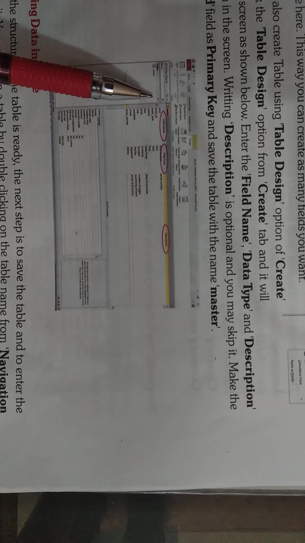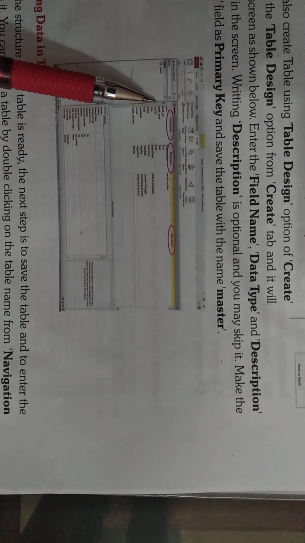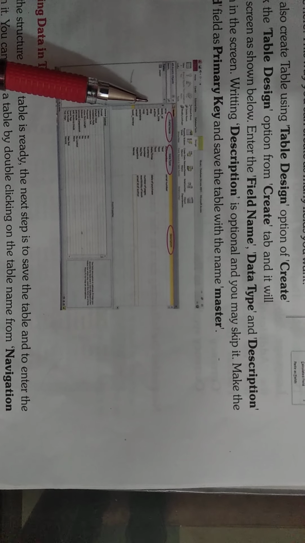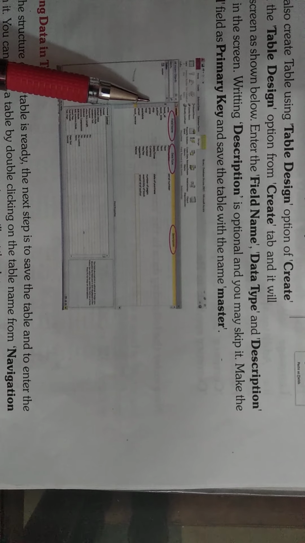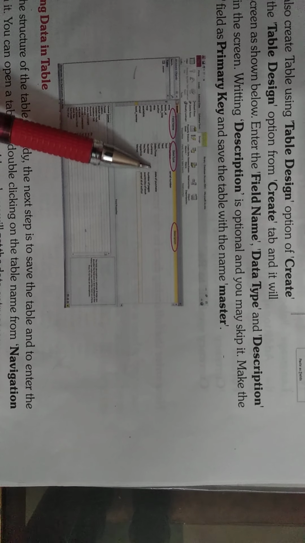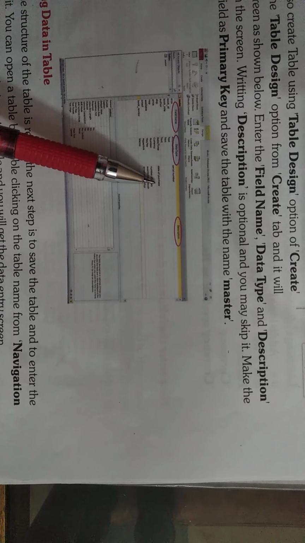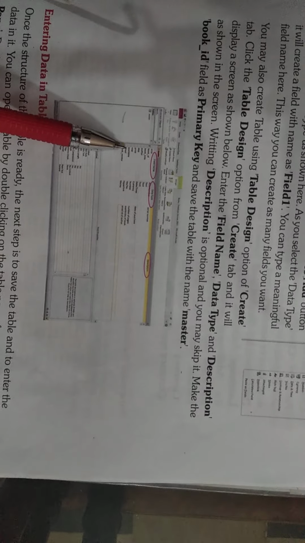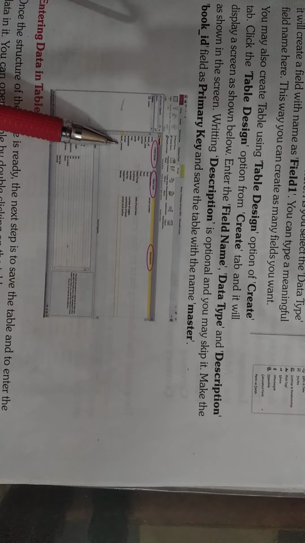Primary key we have already done. That is the unique field. And next is book title. Next is author. Next is DOP. DOP here means date of publication. Okay, you can see here in the description this date of publication is written. Okay, next is price. Next is NOP. Next is available, whether the book is available or not. Email ID, then book review.